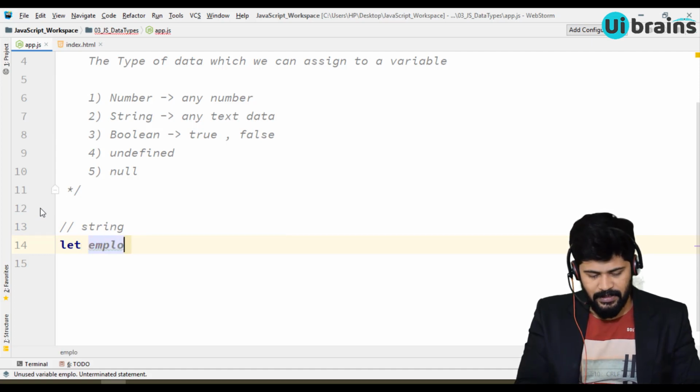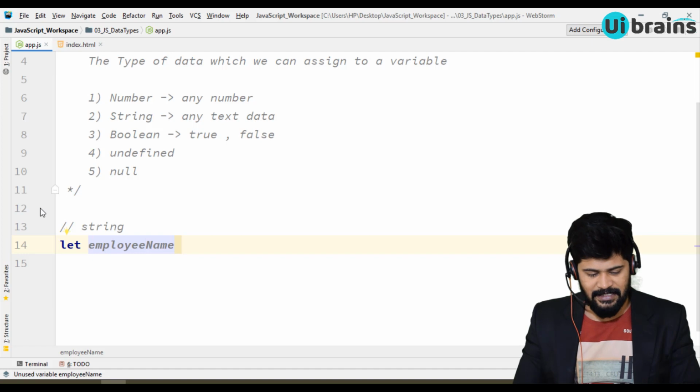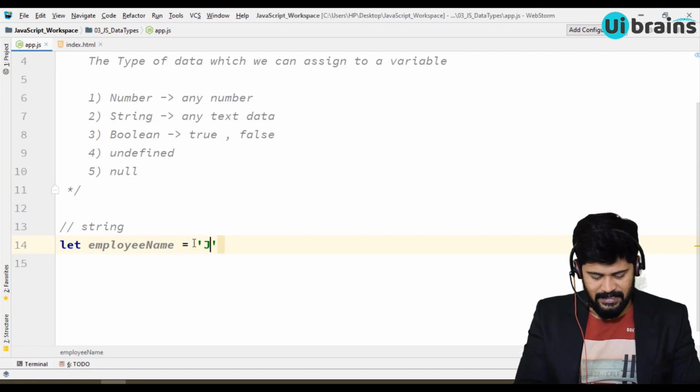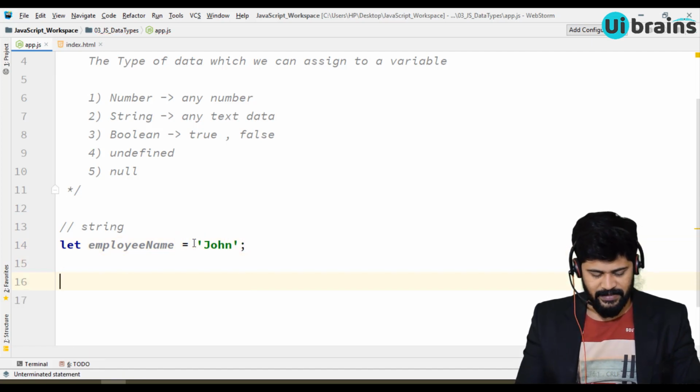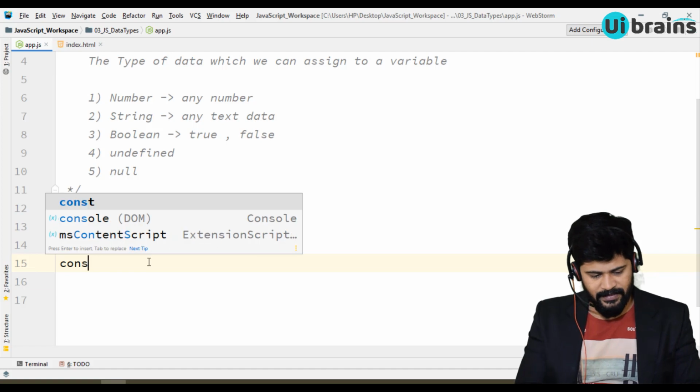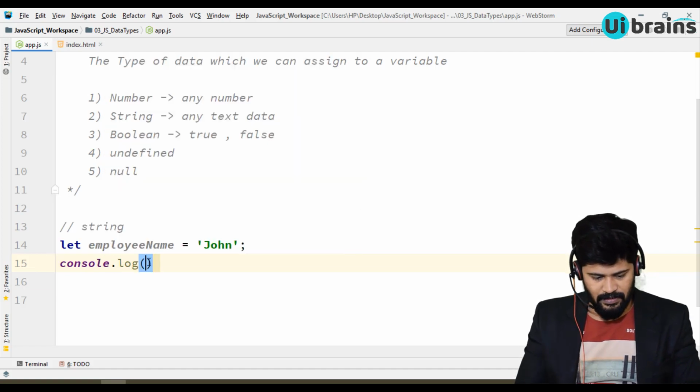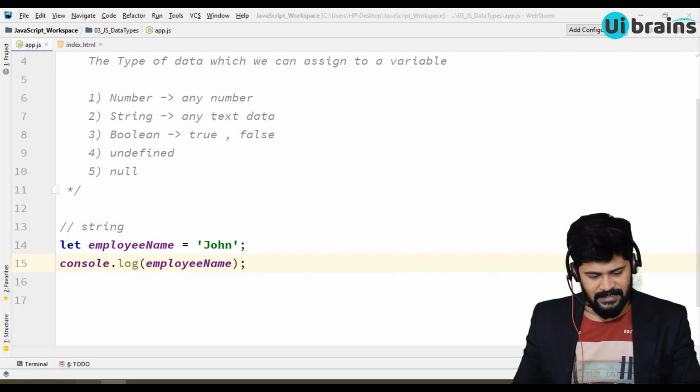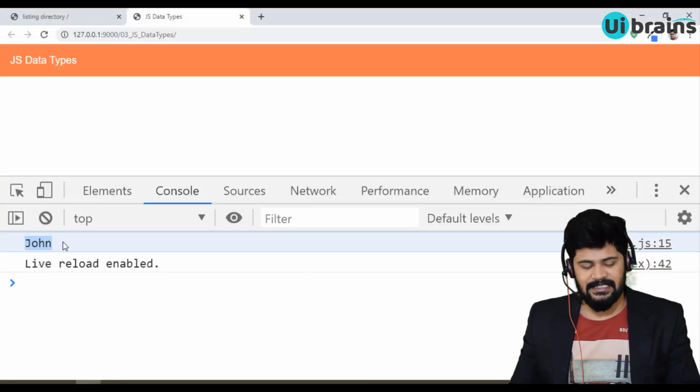I'm writing camel case because I have two words, employee and name: first word lowercase, next word first letter caps, is equal to, let's take John. If I do a console.log of employeeName and save it, you get the answer John.